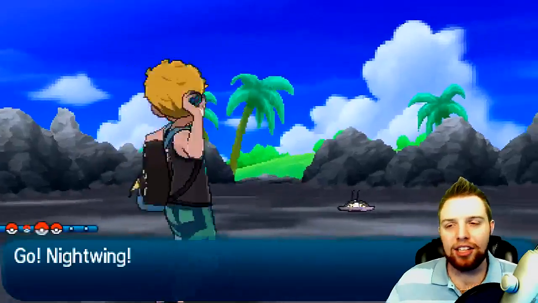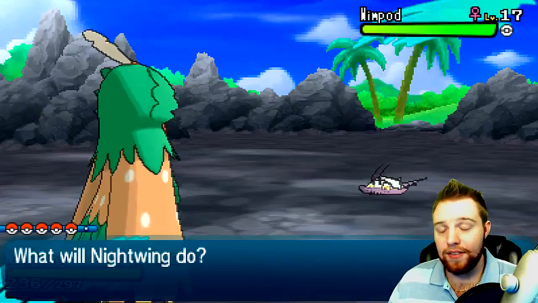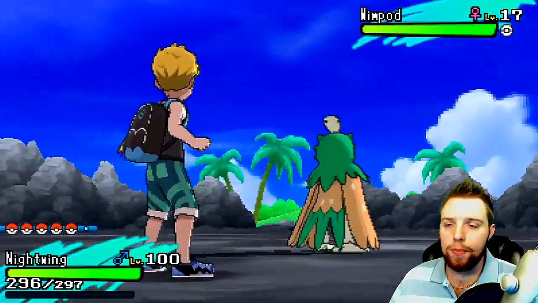If you want a Golisopod on your team, this is how you're going to be able to get one. I believe Wimpod evolves at 34, 37 or something like that. But if you want a Wimpod on your team and you want a Golisopod, these are the methods on how to get one. Also, if you want to know how to soft reset for a shiny Wimpod, I'll teach you guys the tutorial